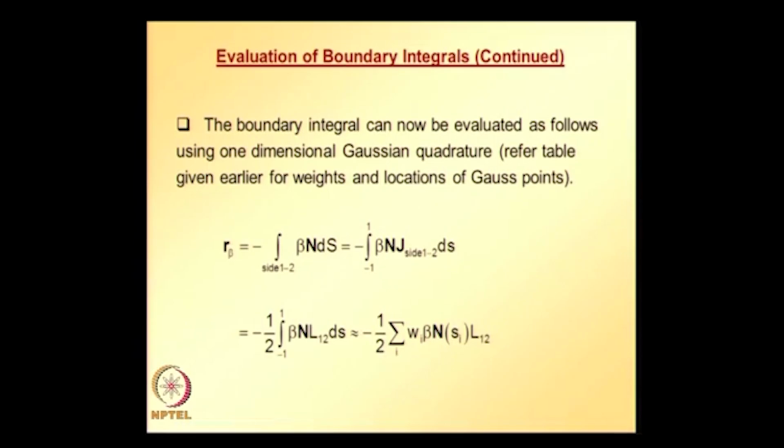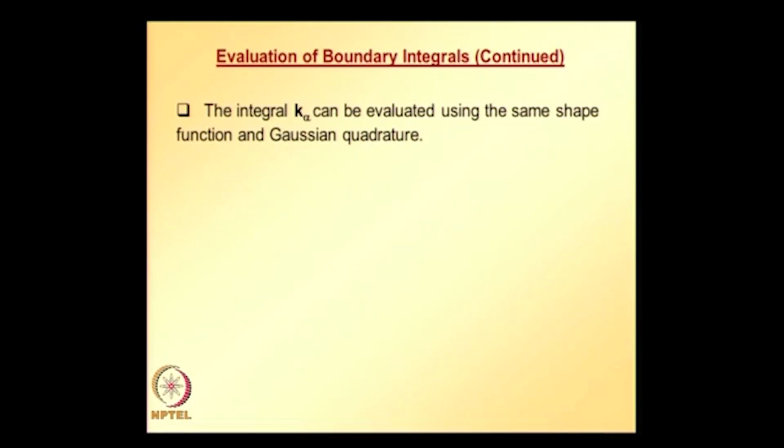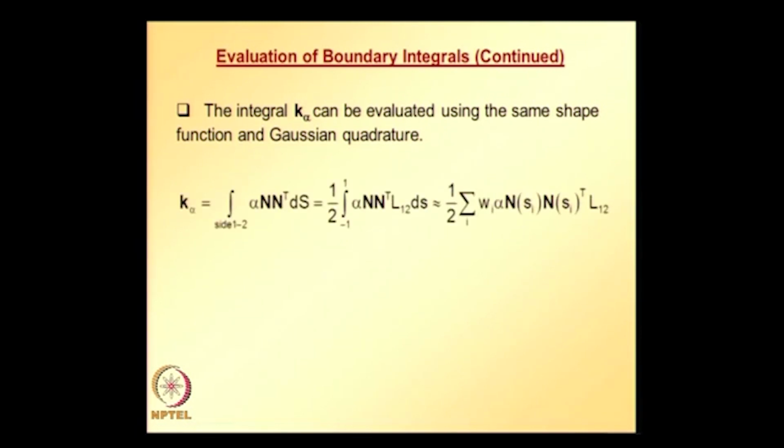Similarly, since k alpha is also a line integral or boundary integral, we can evaluate k alpha in a similar manner. The integral k alpha can be evaluated using the same shape function and Gaussian quadrature,